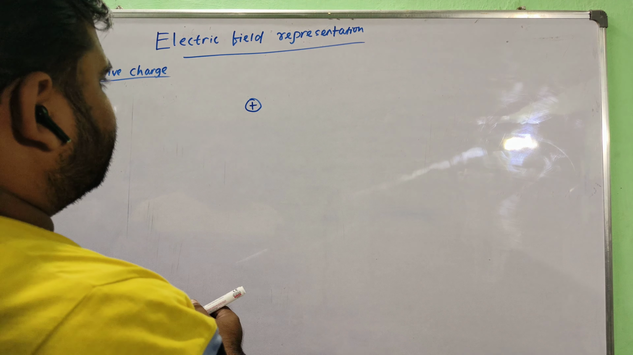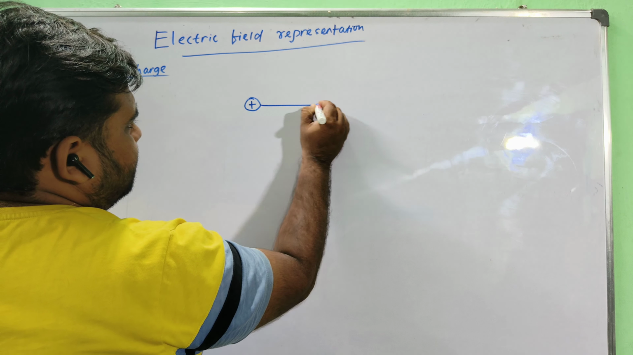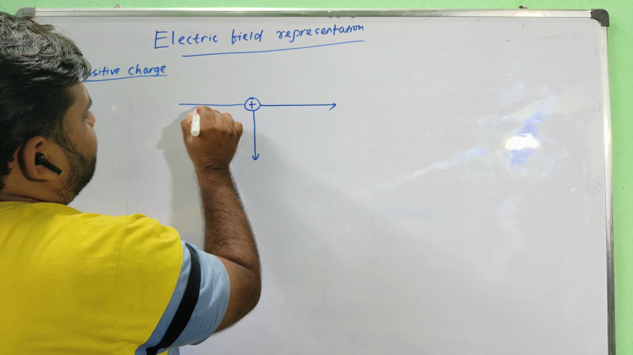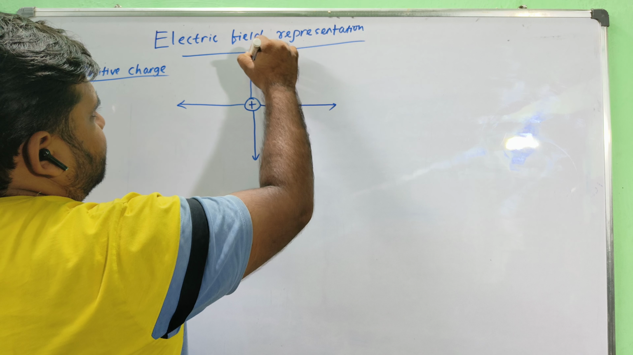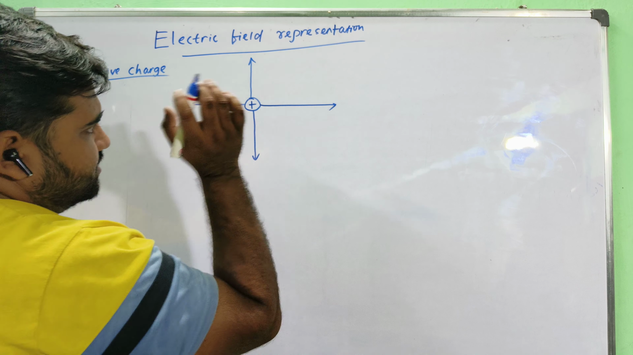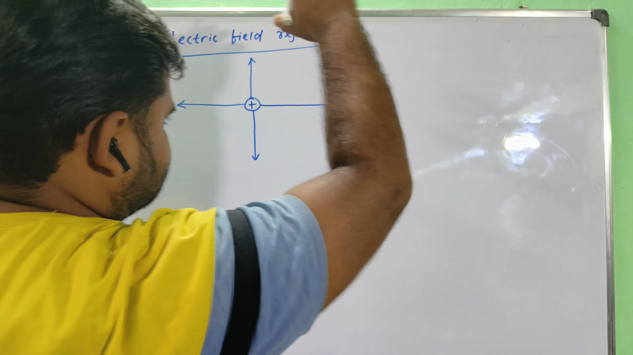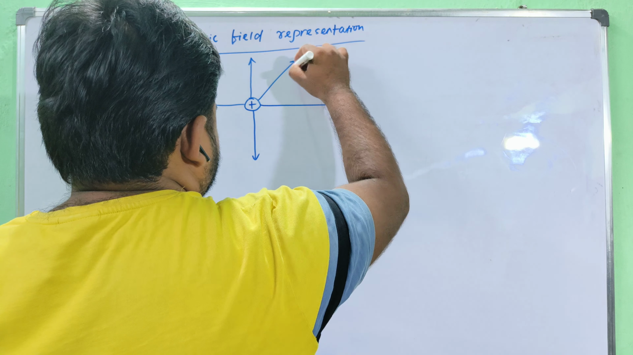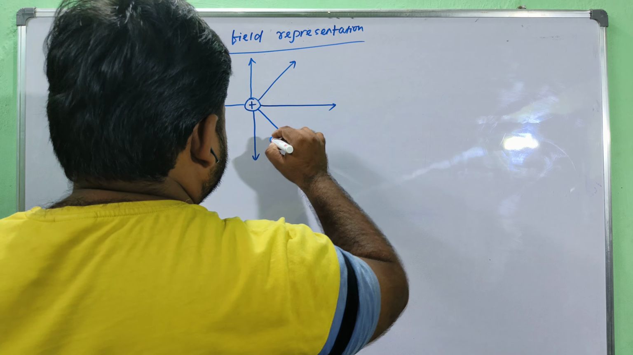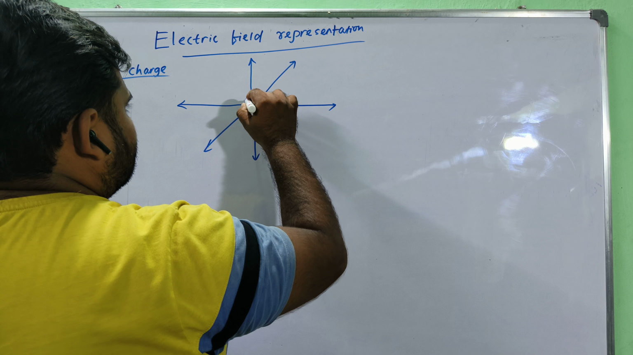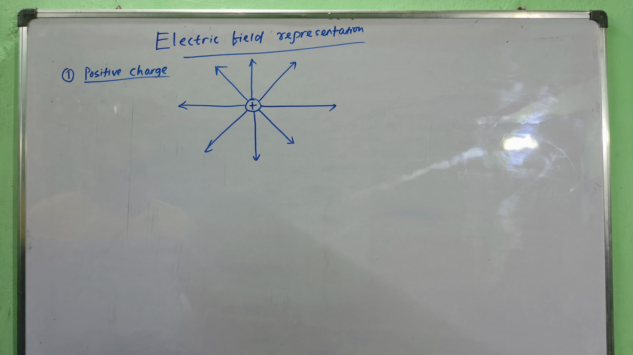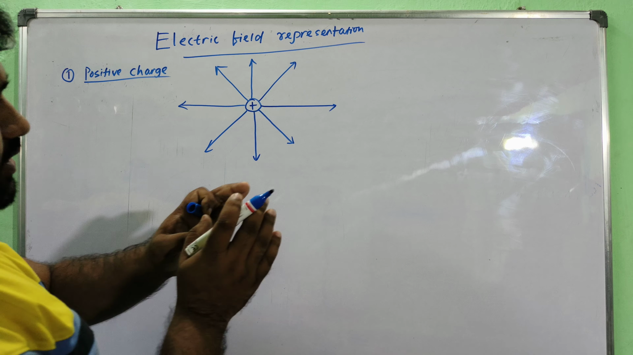So what should be its electric field? Its electric field, as we know, is radially outward. They extend out to infinity, starting from the positive point charge. If it is an isolated positive point charge, they are radially outward. So just don't get confused. Again, if you are given a set of diagrams